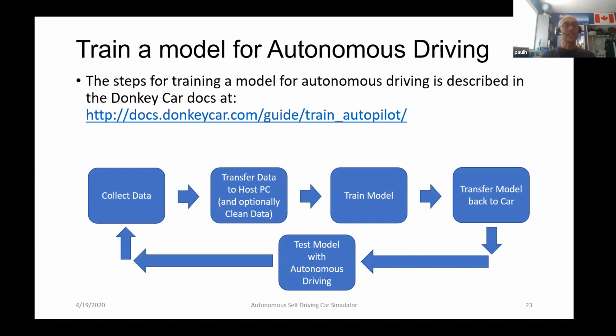All right, so training. The training documentation, I think, is actually really detailed on this. If you go to this autopilot page, they talk about that, and I think even Tawn also talks about some of the optimizations. I'll touch on it, but I won't talk about all the optimizations. I guess the first thing to do is to drive within your lane and do as many laps as possible within your lane,